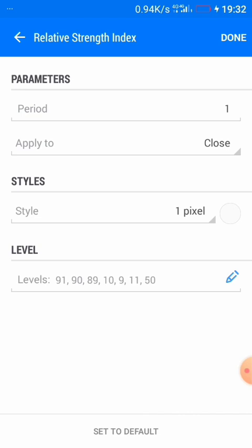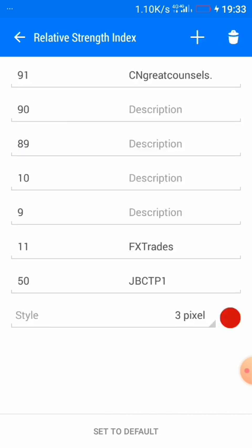Period is 1, apply to close, styles. The levels, these are the levels. You can take a screenshot. Please don't mind this description here. The 91 where you have CN Great Counsels, that's the name of the channel. Okay, and also do not mind 11 where you have FX trade, but you can put your TP1, that is